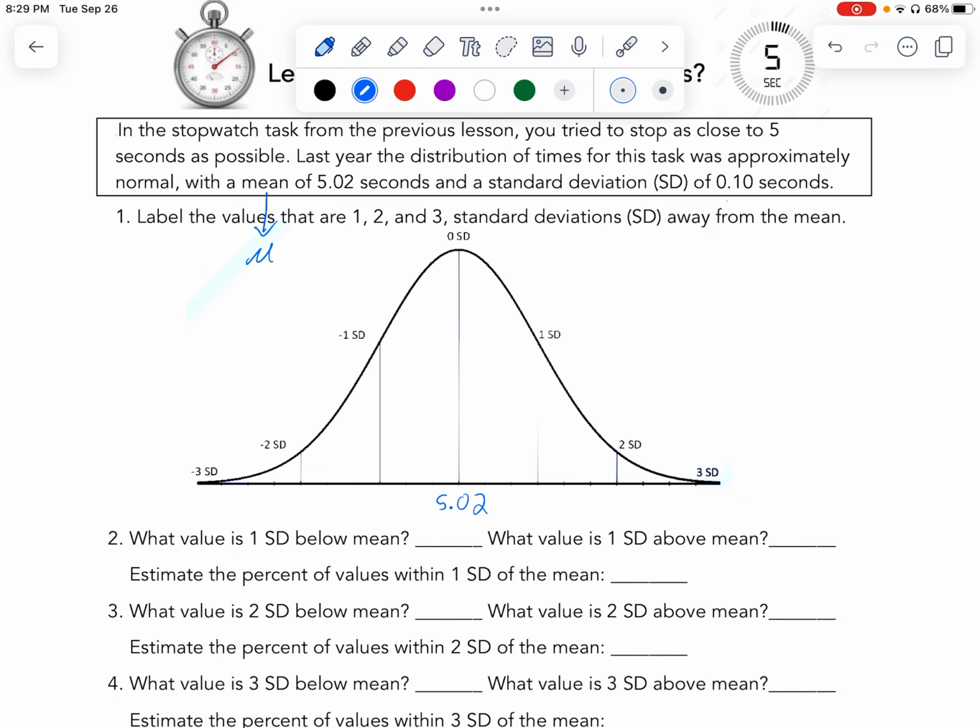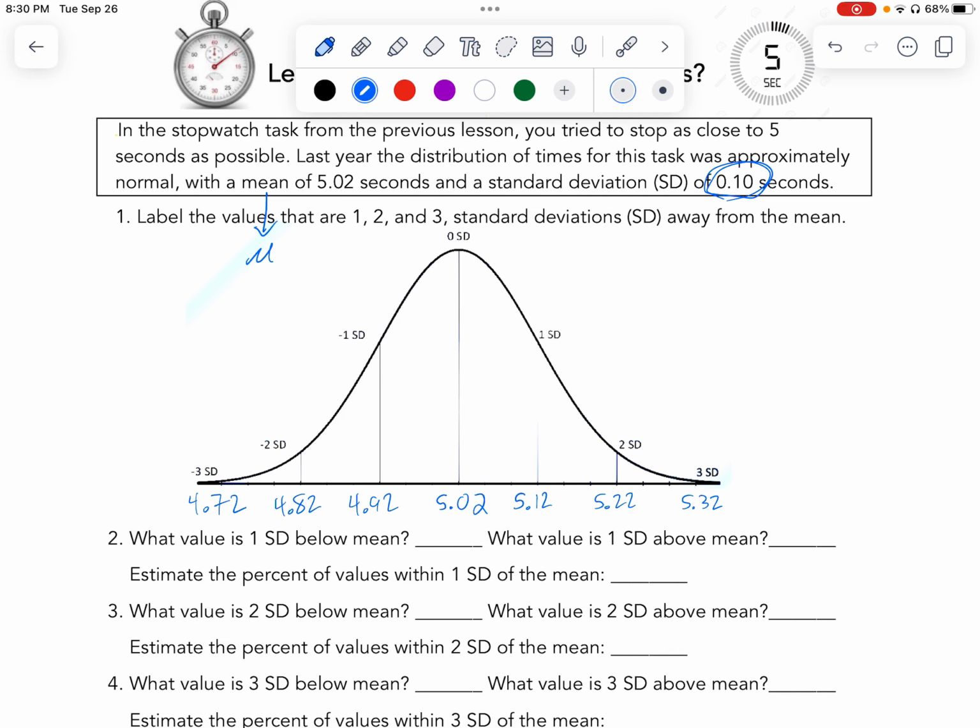Then I'm going to count by 0.10s. Adding one standard deviation, plus 0.10, gives 5.12. Another one is 5.22, and the third one, labeled at the far right, is 5.32. When you go the other way, it'd be 4.92, 4.82, and